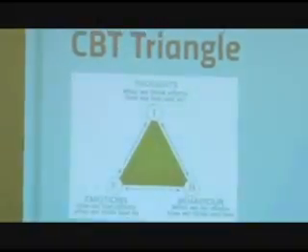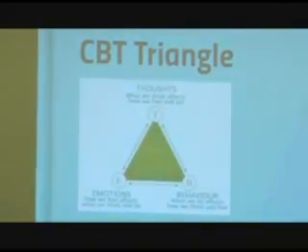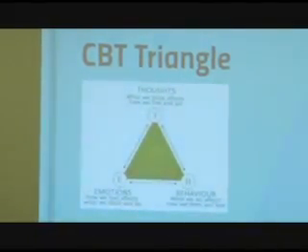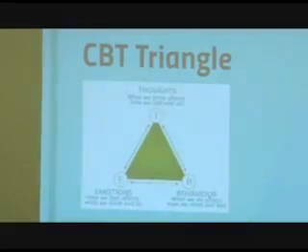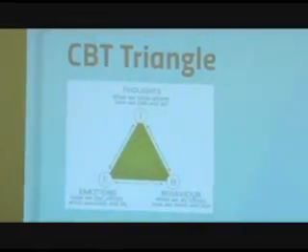Okay, so this is a picture of the triangle. And just as a review, we have thoughts, emotions, behavior. It's a triangle because they all affect each other, right? So sometimes my actions affect the other two. Sometimes my thoughts affect the other two. But the key to the triangle is that if I want to change one, I have to change the other two. So that's the triangle in a nutshell. ANTs, we'll come back to this later if we've got time. That's the automatic negative thoughts.